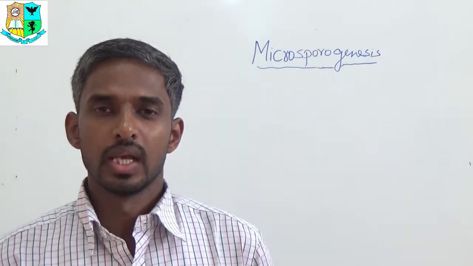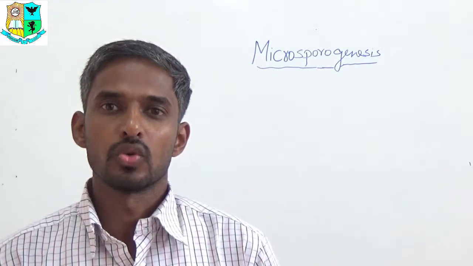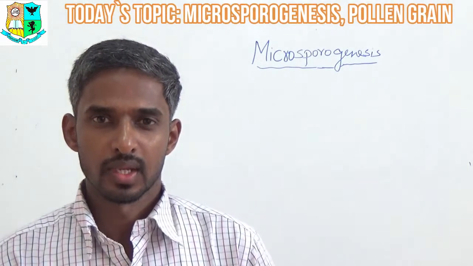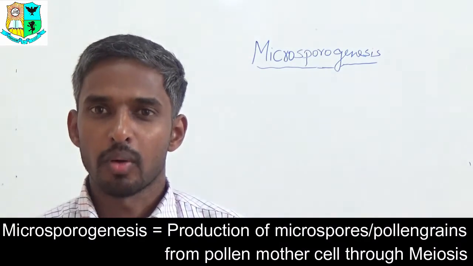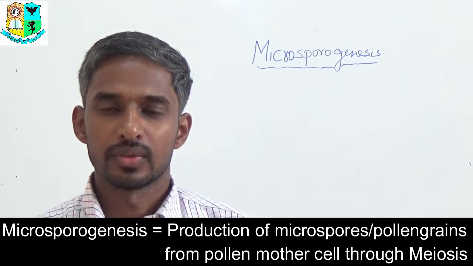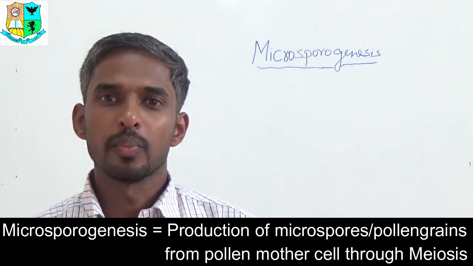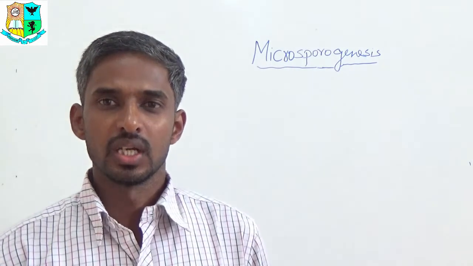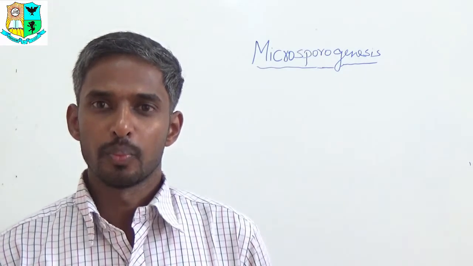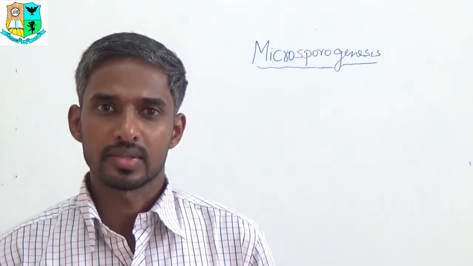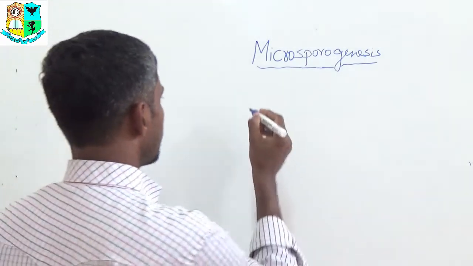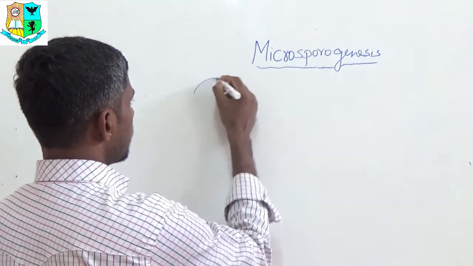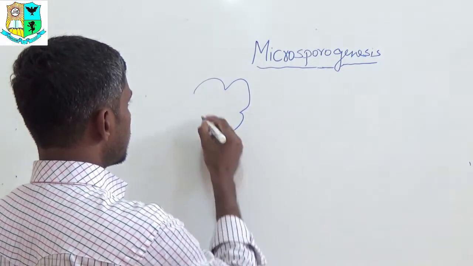In this section, let us study about microsporogenesis. By definition, microsporogenesis is nothing but production of pollen grain from pollen mother cell. So it is a process of producing pollen grains, and we have to study how we get pollen grains from pollen mother cell. Now, as we have studied the structure of anther,